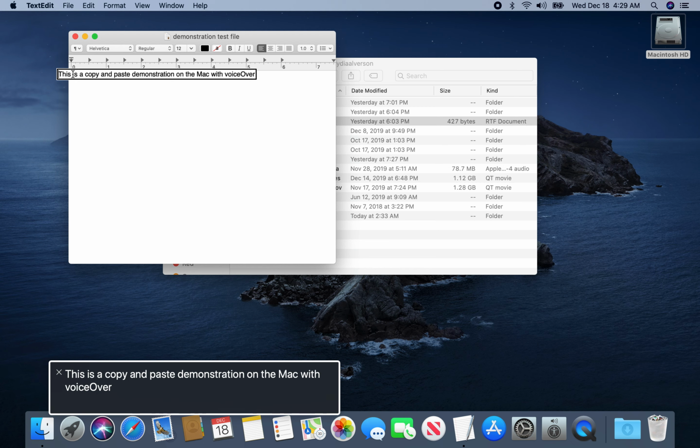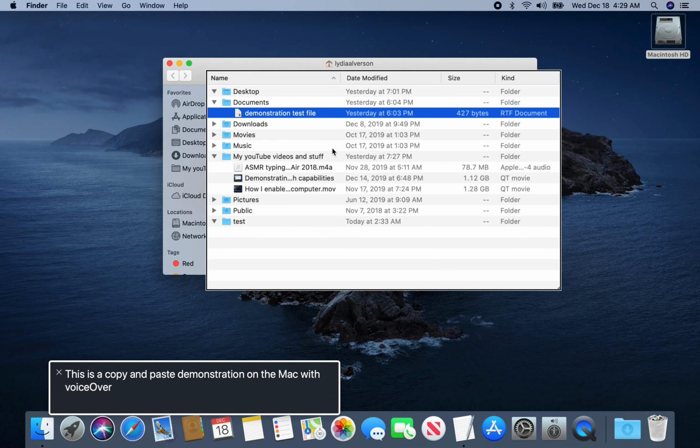And there you go. So I'm gonna go ahead and just quit Finder. Now, say I wanted to go ahead and move this file to another folder. So all I have to do is simply copy this to the clipboard and paste it. How do I do that with VoiceOver? Don't worry. The same keyboard shortcuts that are used on the Mac